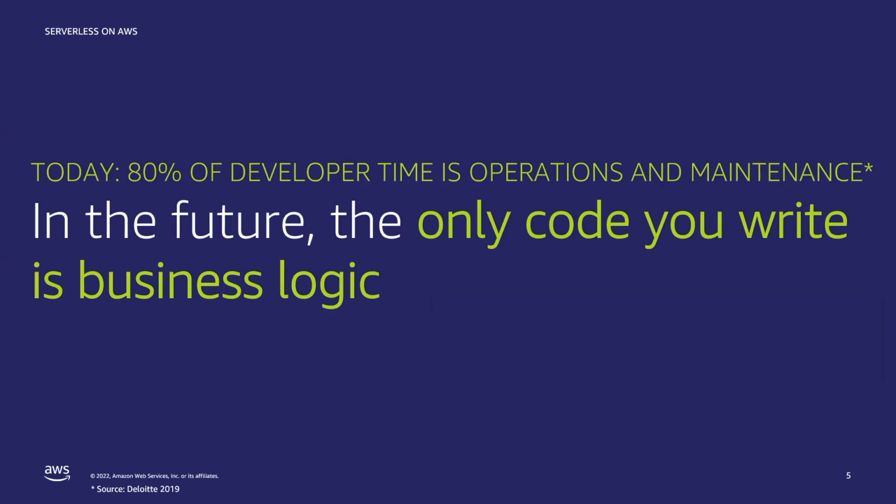Today, for most organizations, only 20% of time is spent on innovation for the developers. So 80% is spent on operations and maintenance, firefighting, chasing problems on servers, infrastructure issues, chasing down code problems. In the serverless model, and this is from Deloitte in 2019, what we want for our customers as they adopt serverless technology in and out of AWS is to shift that paradigm and